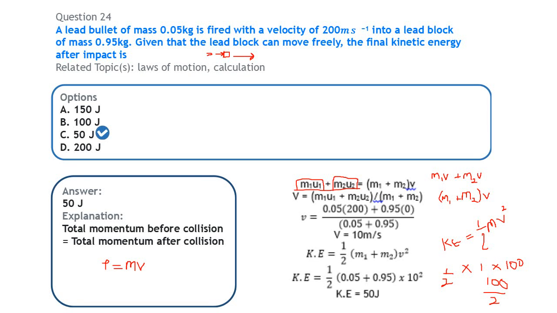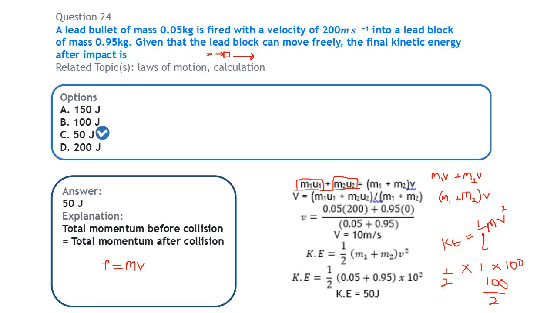Now what do you have here? This is the momentum of the bullet before collision. This is the momentum of the block before collision. What you have here is the momenta after collision. Just like you have m1 u1, this is supposed to be m1 v1 plus m2 v2, but the reason why we are not using v1 and v2 is because after this